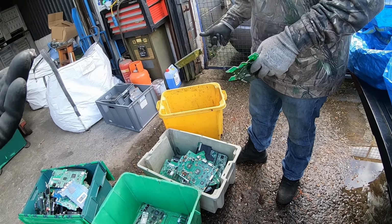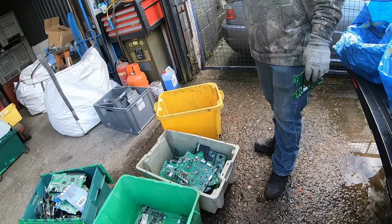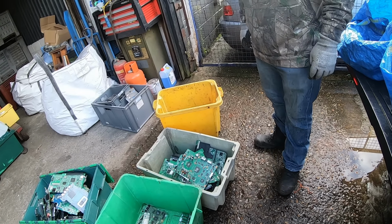So greens, what's that a kilogram? Green is around about £1.30 a kilogram. And what about the plastic? So your plastic,